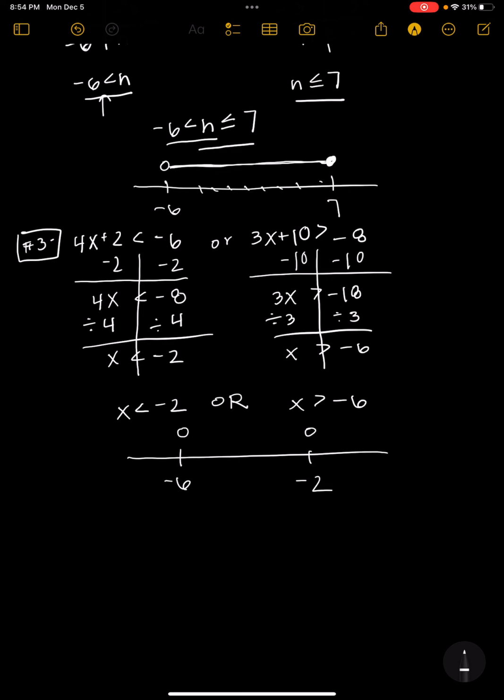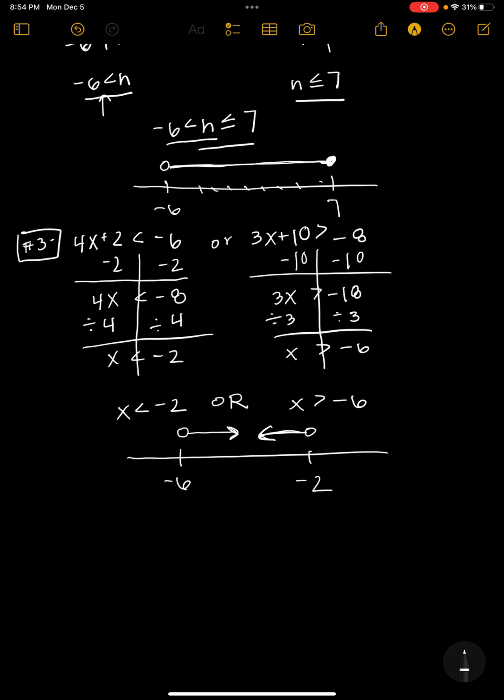So this x is less than negative 2, the first thing. When x is less than negative 2, it wants to be below negative 2, which means that the arrow should actually be facing this way, right? And then it says, or x has to be greater than negative 6. When it's greater than negative 6, the arrow should be facing this way, right? Now,